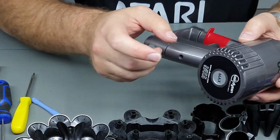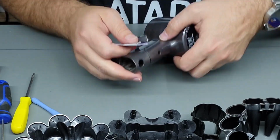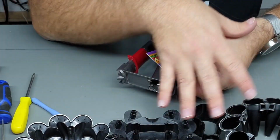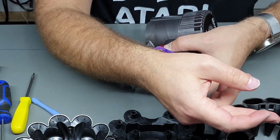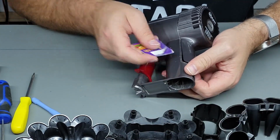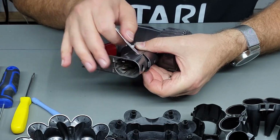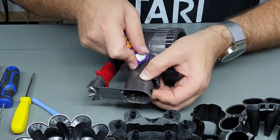Right, and the last thing we want to do is remove this filter from the back part of the case. So we need to sort of pry this open just with a plastic card. Obviously, try and use something plastic on all these parts when you're trying to pry them open, because if you use something metal, you're going to bend the plastic and then you're going to end up with vacuum leaks or whatever. So plastic on plastic, do not be tempted to use a metal screwdriver or something like that. So the handle has popped out from this clip at the bottom, and after that we're just going to run it up along the side,